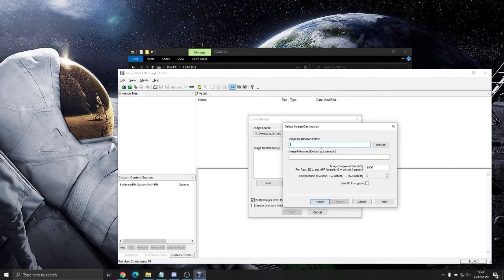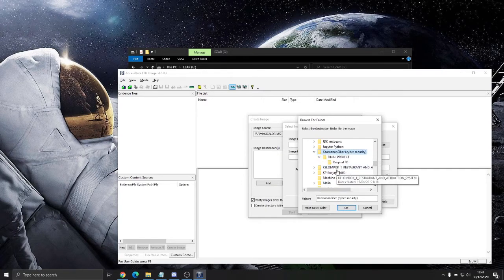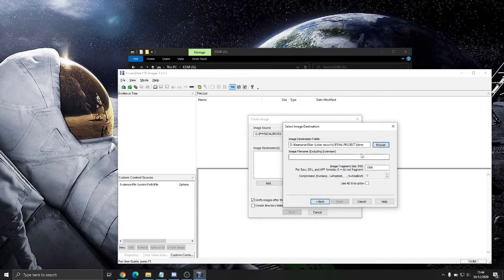This is where you want to clone your file. This is the destination folder. Just put it anywhere you like. I'm just putting it on my D drive, in my cybersecurity folder, in final project. Clone. When you're done choosing the cloning destination, just put a name on it. Here I give an example, clone test. Just click Finish